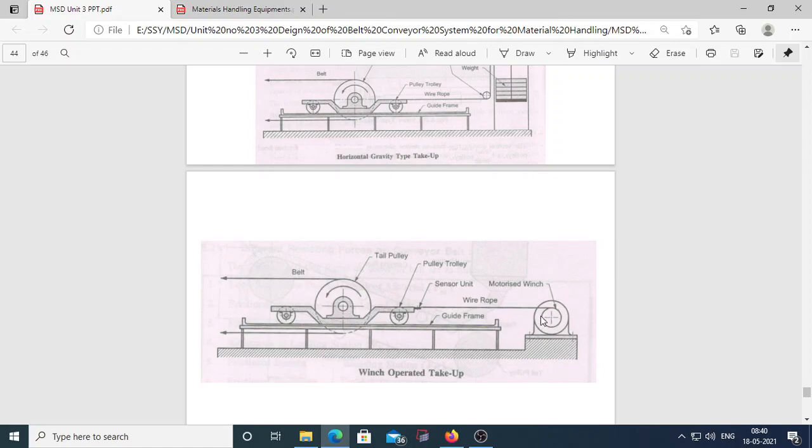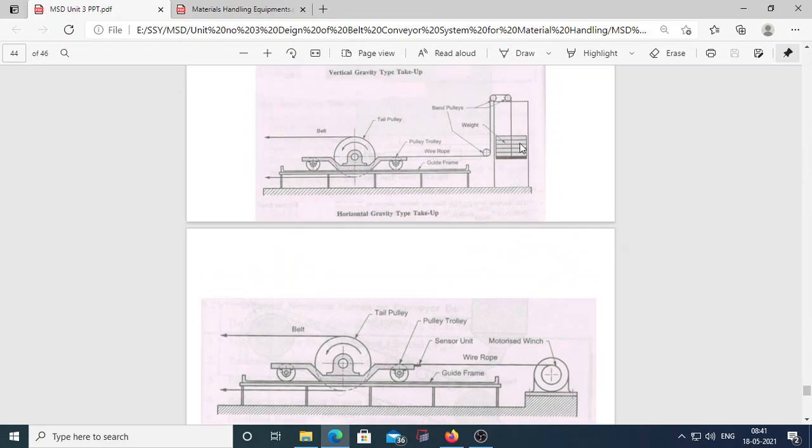The rope is attached to that motorized winch and moves along the horizontal guide frame. Again the same construction, only the weight is replaced by the motorized winch.